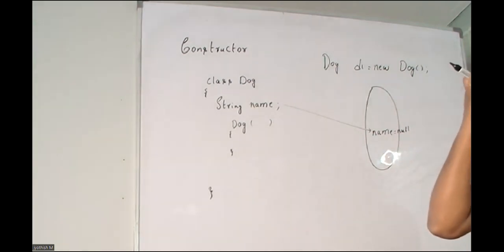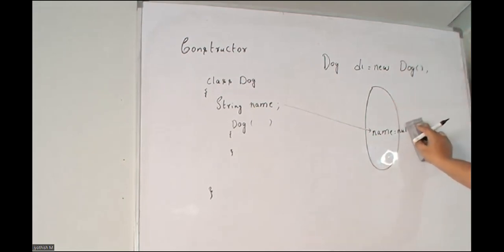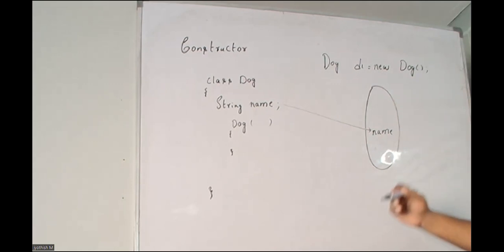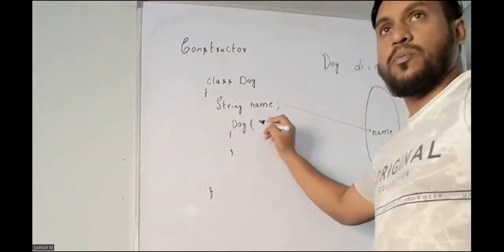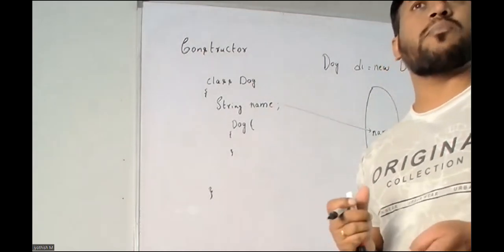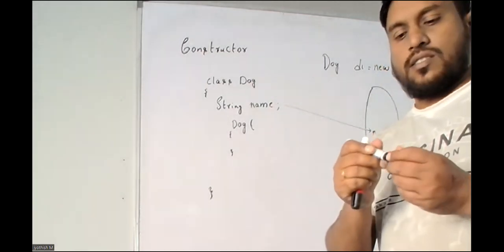But I don't want this. I want something to be initialized. So what I will do here, this is no argument. No, I will make an argumented constructor, like a method with an argument. So I will write